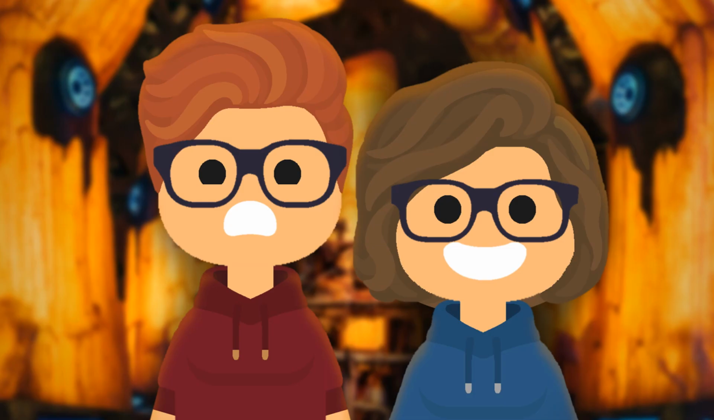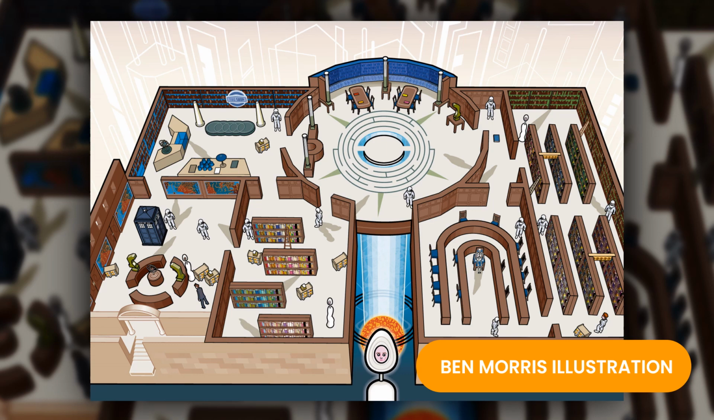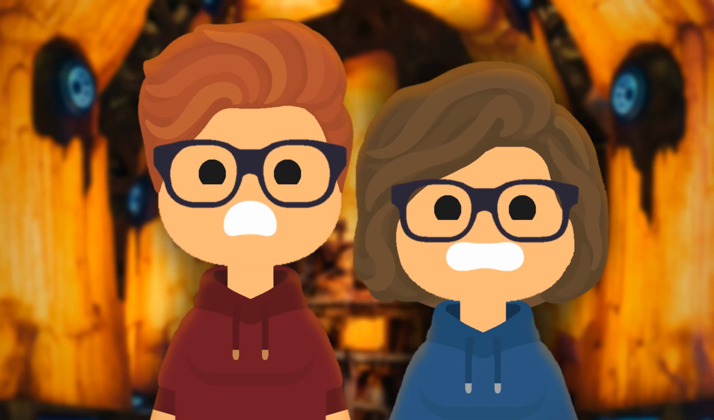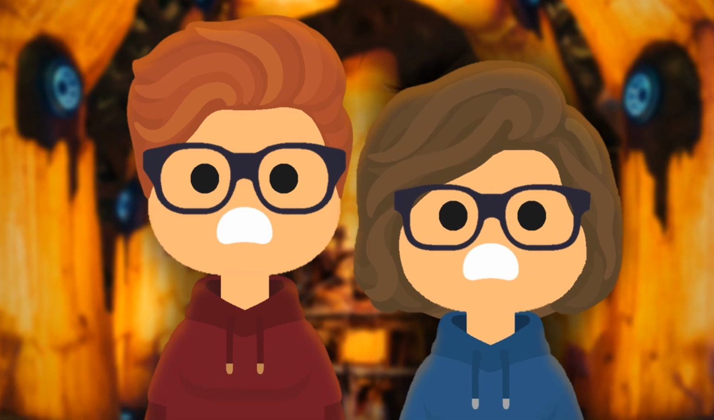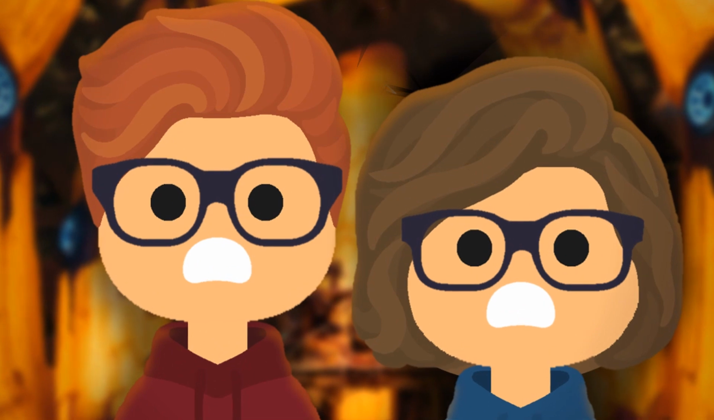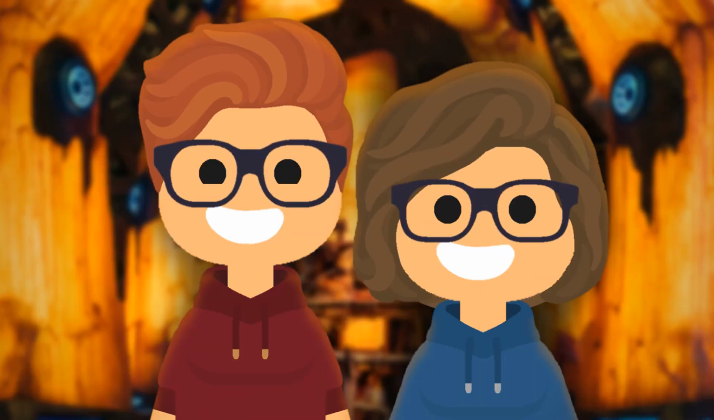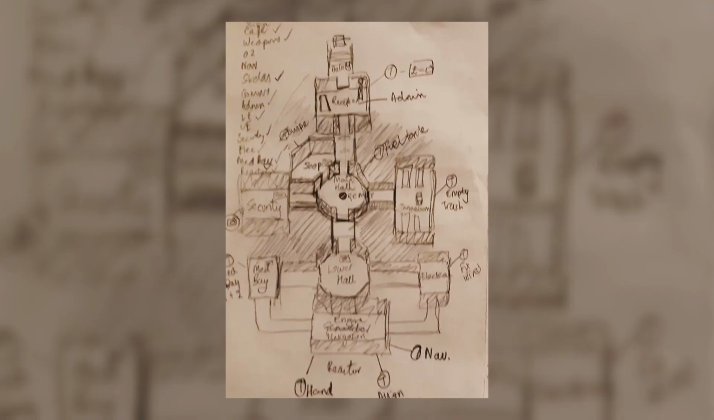Well, not completely. Thanks to this design made by Ben Morris for the Doctor Who Adventures magazine, this made the process a lot easier. But due to there being many more rooms than on that design, we had to watch the episodes. Lots and lots of times. Which was by no means a chore. After many rewatches, we sketched out a map that looked like this, and now it was on to making the